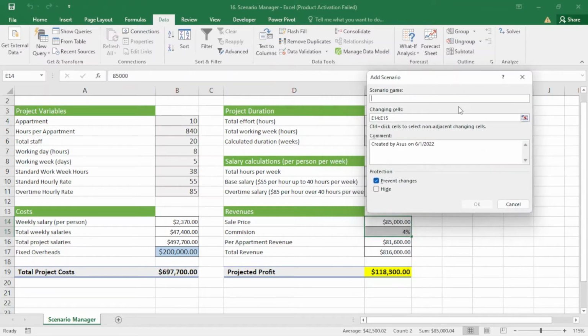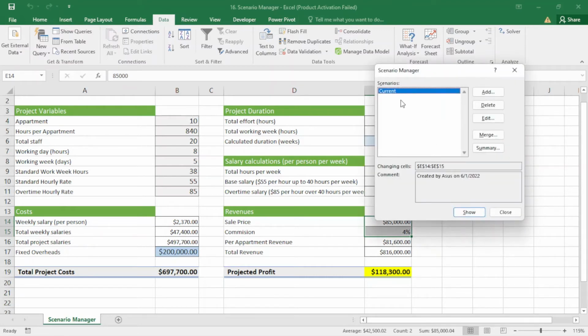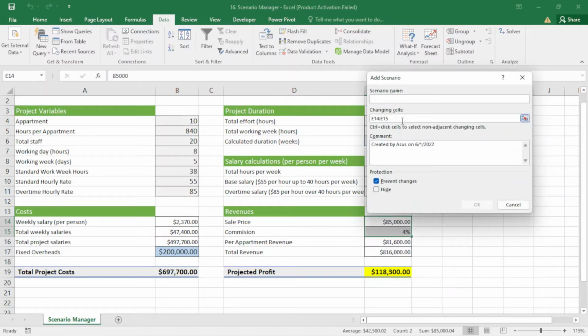So for the first one, I just want to write here current, and here I don't want to bring any changes. I just press OK and leave it as default, and press OK. So it's current. I want to add again. So here I write